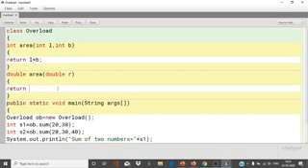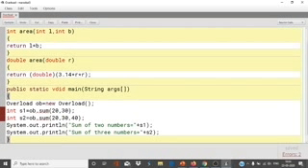Area of circle, we know that it is 22 by 7 or 3.14 into r into r, pi r square, and this can be converted into double because it will return a double value. After returning this value, I'm going to call these functions.